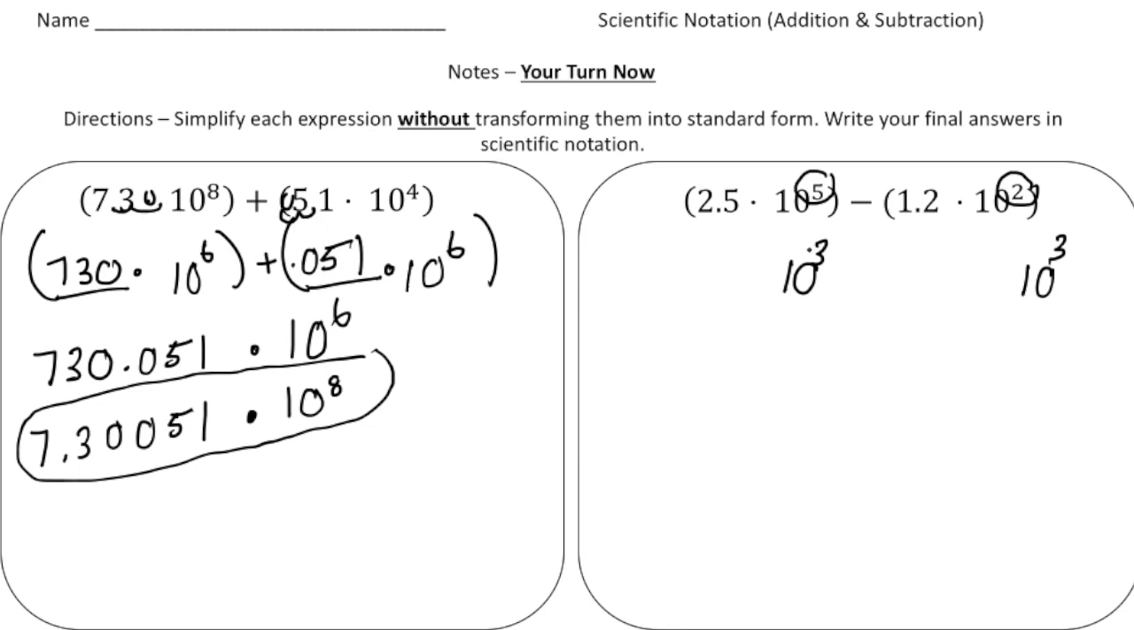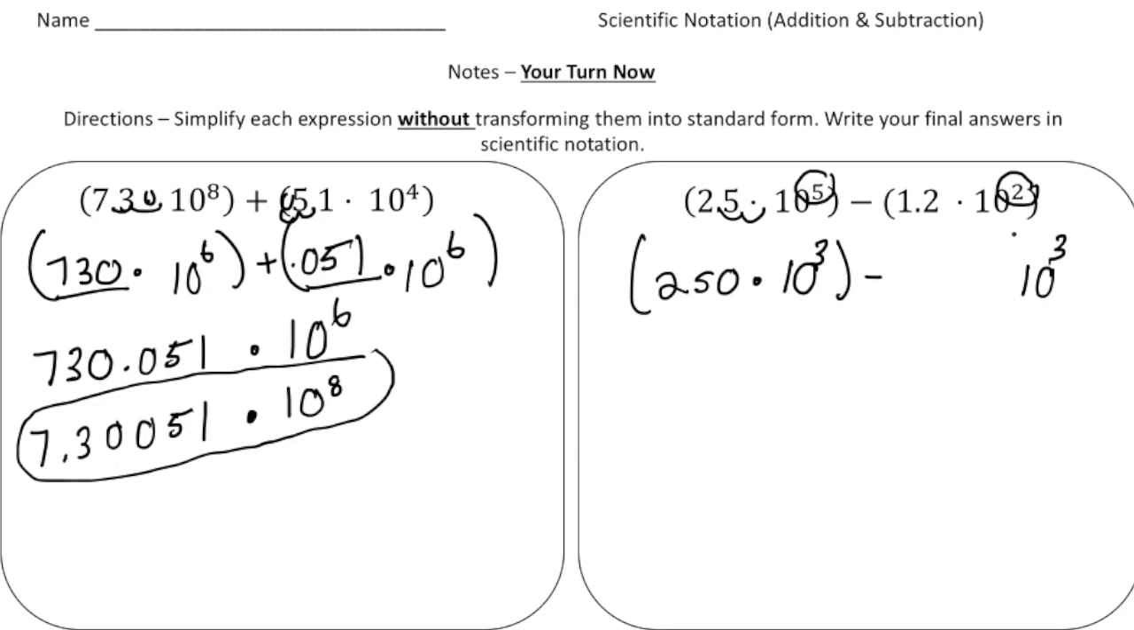All right, so to go from 10 to the 5th to 10 to the 3rd power, I'm dividing by 100, right? So if I'm going to divide this by 100, I need to multiply this by 100. So that'll make it 250 times 10 to the 3rd